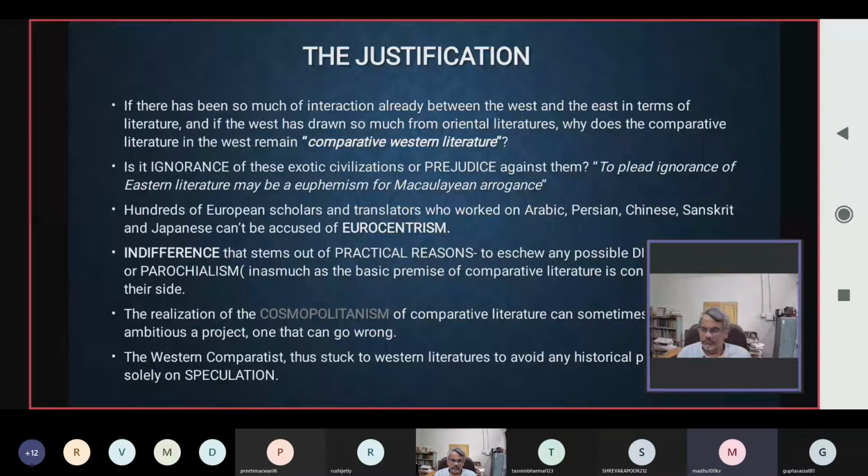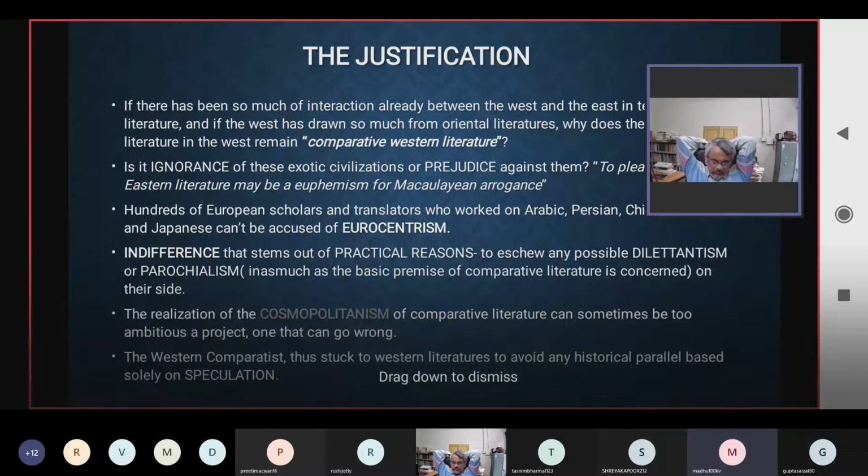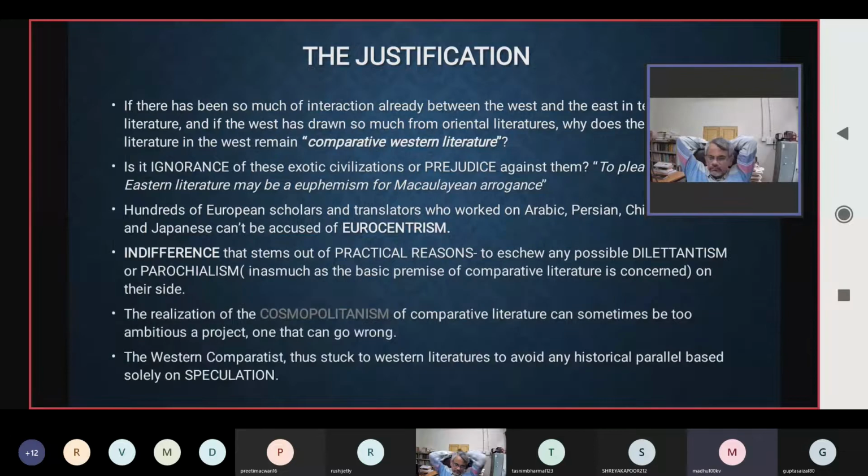Many of these European scholars and translators had actually access to Arabic, Persian, Chinese, Sanskrit, and Japanese literature. We can't accuse them of Eurocentrism. So it is definitely not ignorance or prejudice against the Eastern literatures. It is because of practical reasons. He says it is because they wanted to eschew any possible dilettantism or parochialism on their side. Because